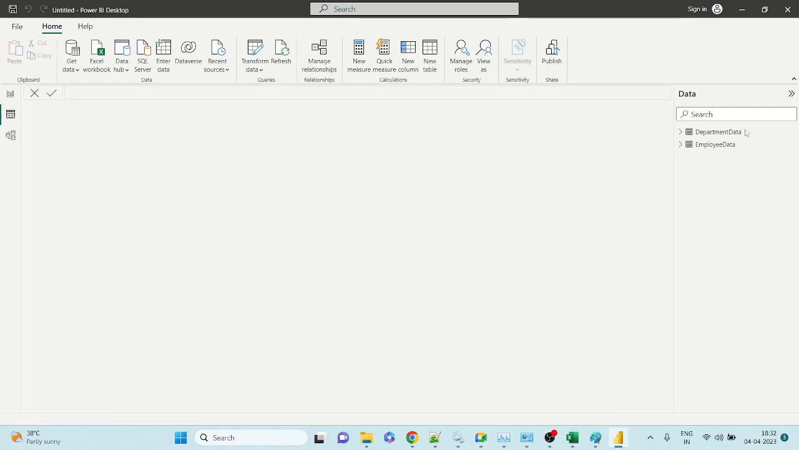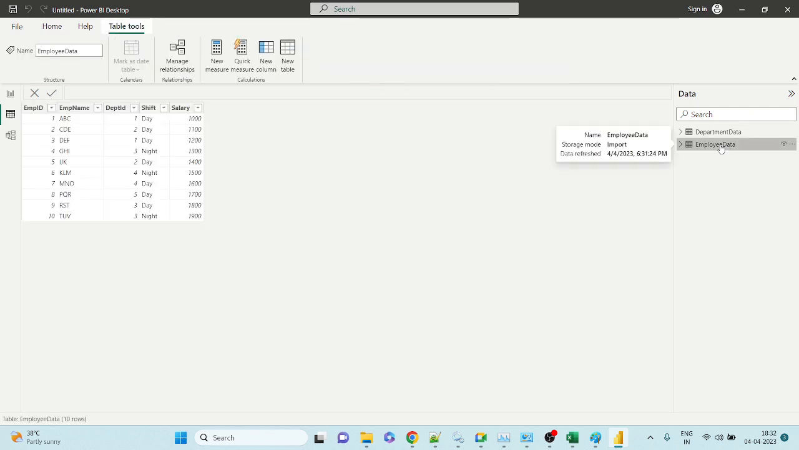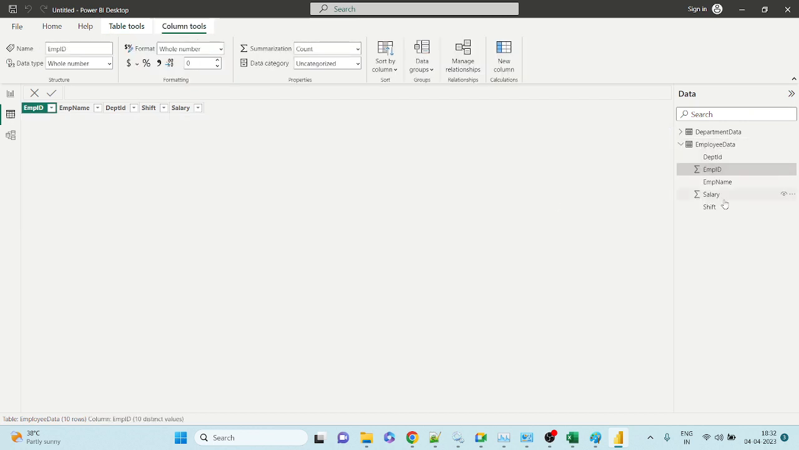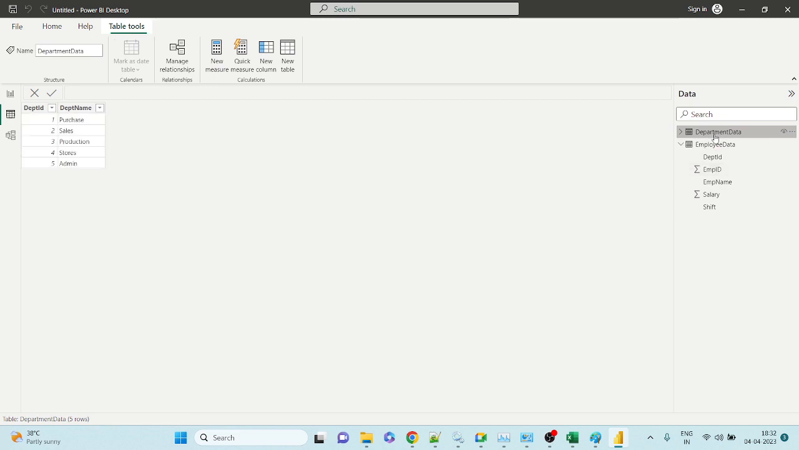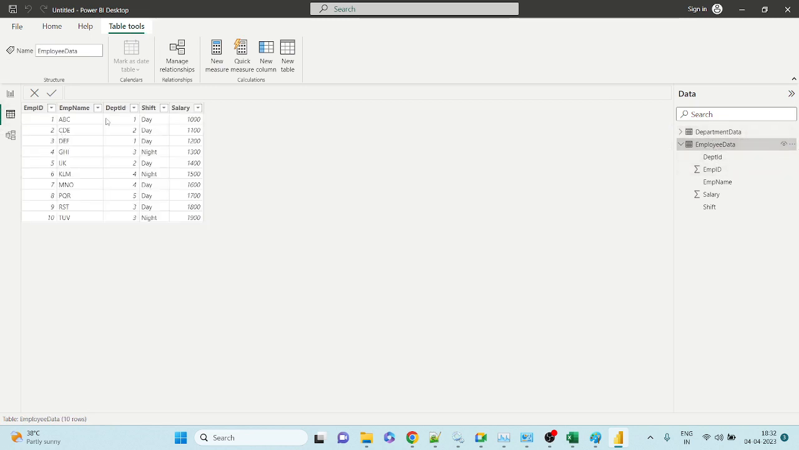See, right side I'm having two queries, like two tables or two sources of data loaded. Department data and employee data are getting shown. When you select this data, you'll come to know what is the exact data that got loaded, because we haven't transformed anything. Whatever department ID is there as is, we have loaded. And we are seeing department data: department ID, department name; employee data: employee ID, employee name, department ID, shift,